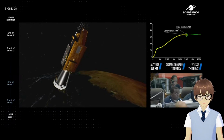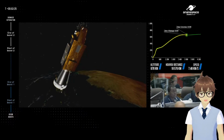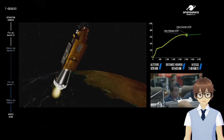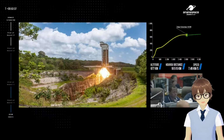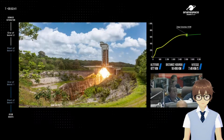So ready for the ignition of the Avum Plus? Okay, let's go. Looks like we have already ignition of the second burn of the Avum Plus upper stage. That was the switching on of the upper stage, and it has now been ignited. Confirmed. And here's the picture. We can actually see the hot fire test of the